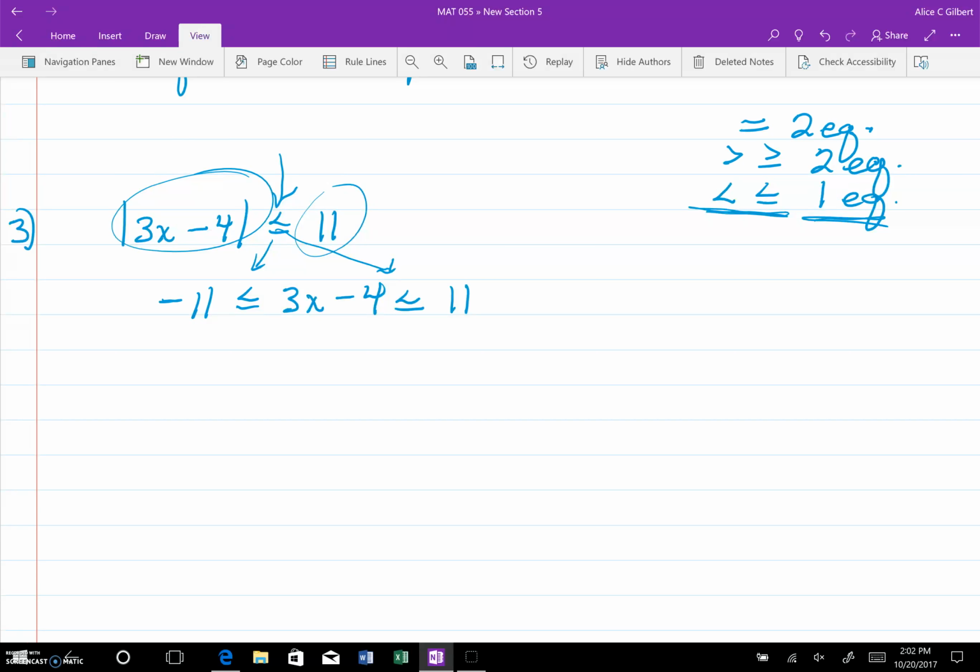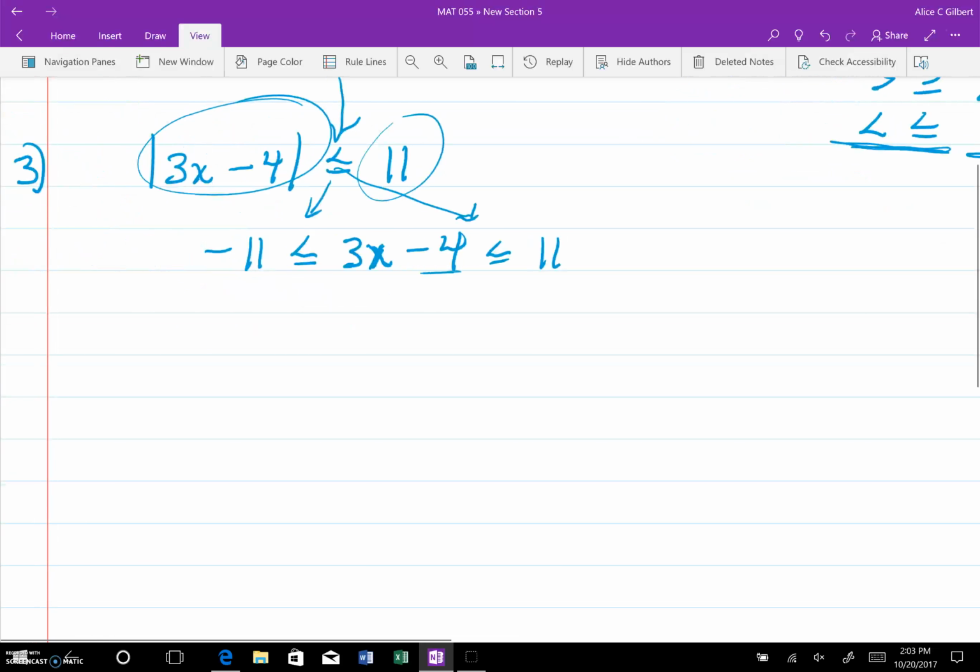Now this one, we're going to work from the inside out. Okay, but we do it exactly as if we have this equation, and then as if we have this equation, okay? But we can do it all at once. So the first thing I need to do is get this 3x all by itself. So that means I want to add 4 here. But if I add 4 here,